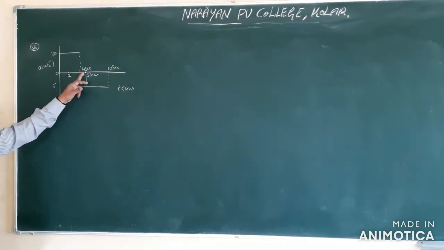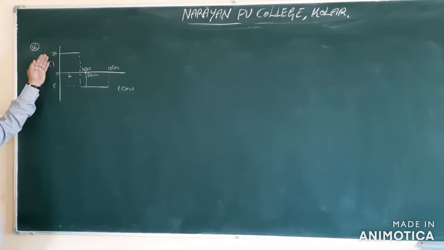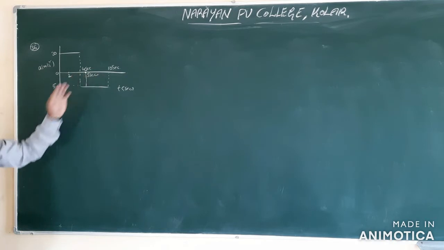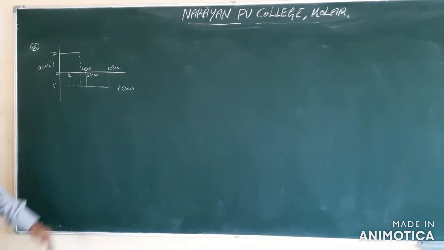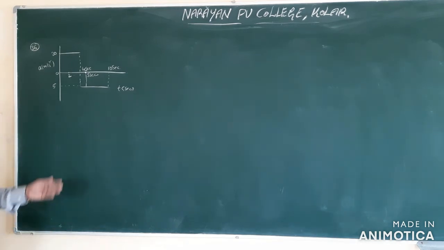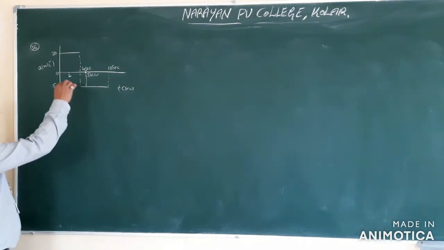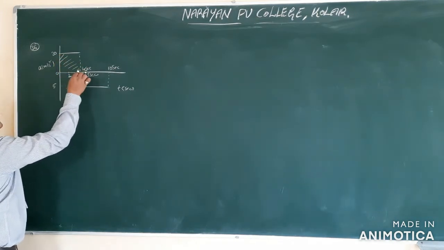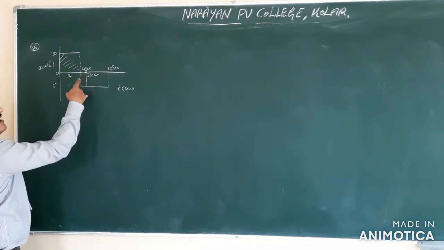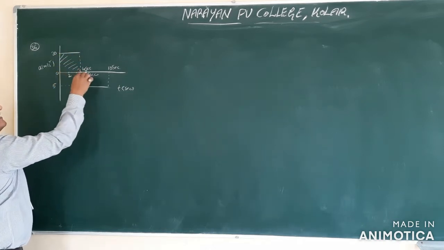Now the velocity at this 5 seconds. So this is which graph? Acceleration time graph. So the area under the acceleration time graph gives change in velocity. Already we discussed: slope of displacement time, slope of distance time, slope of velocity time, area under velocity time, area under acceleration time. So area under acceleration time gives change in velocity. We have to find the area under acceleration time. This is up to 4 seconds, so we want up to 5 seconds. So this area and this area we are going to find.